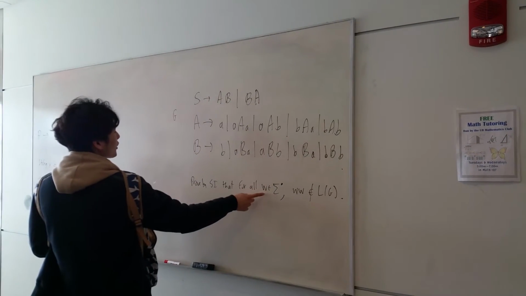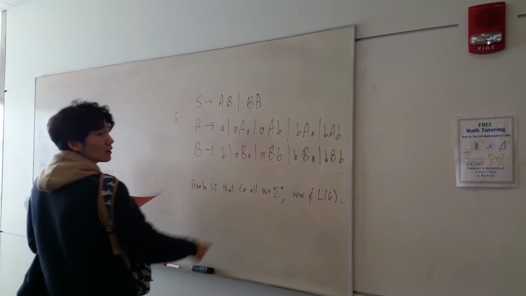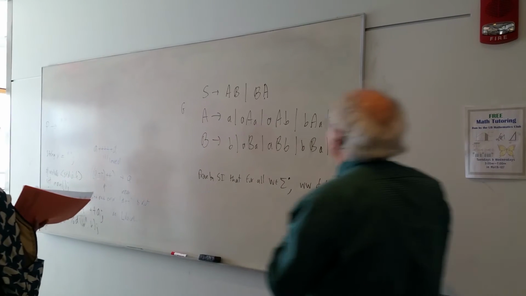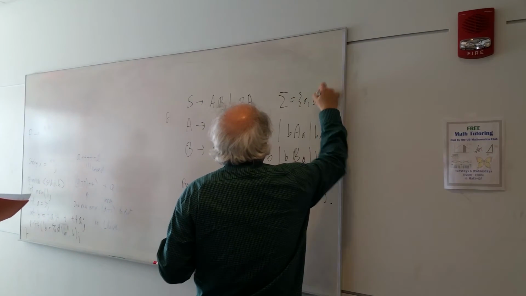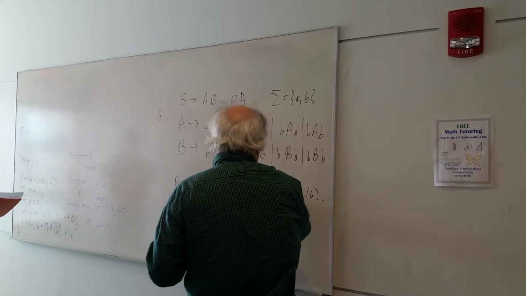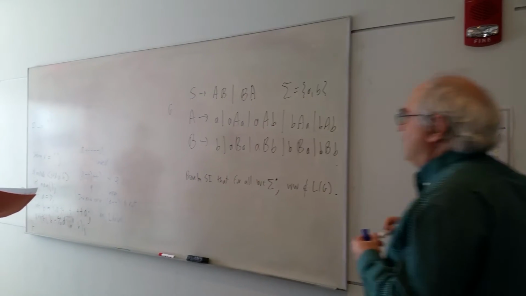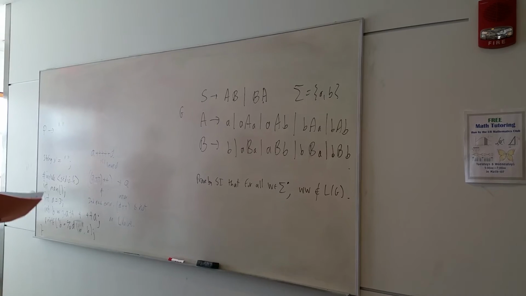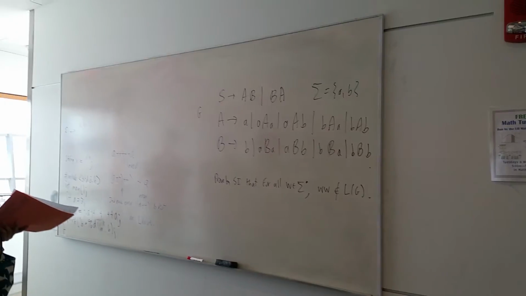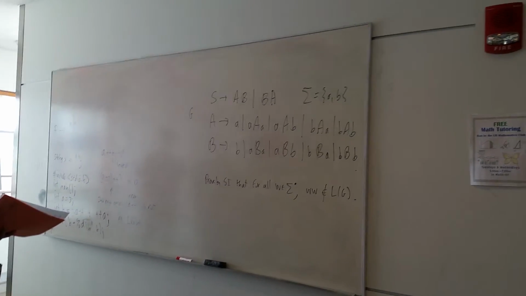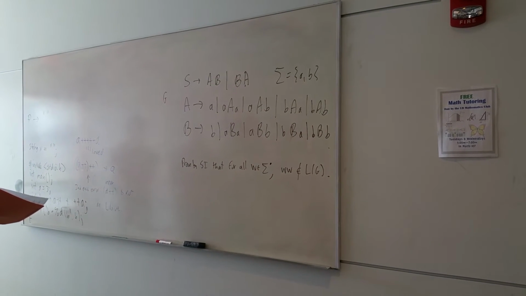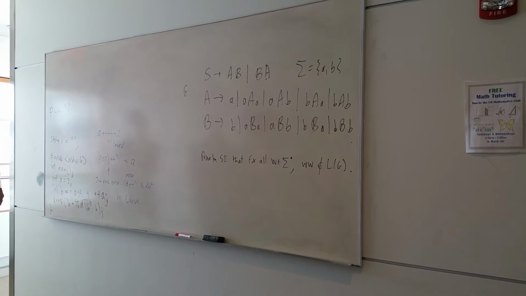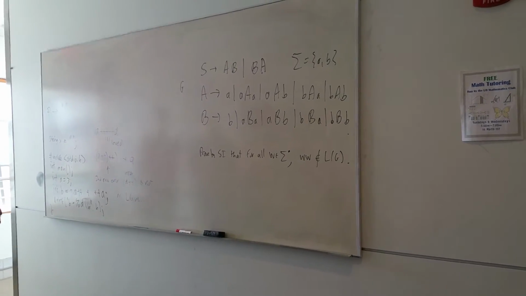Is this like a pure element? For any string, sigma equals AD. So let me just footnote that sigma is a. So this means for any string, the doubled up string is not in L of G. So now, this is actually a difficult grammar, but it's not a difficult structural induction proof.